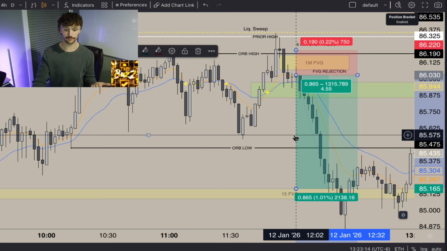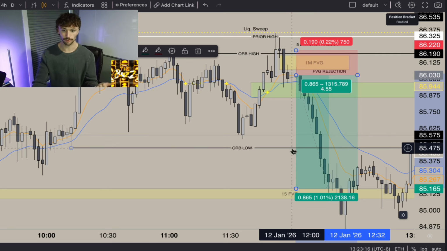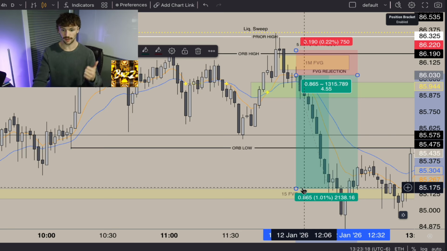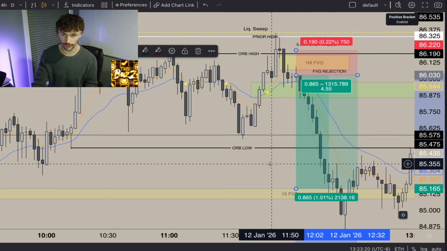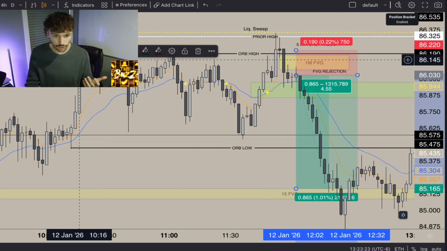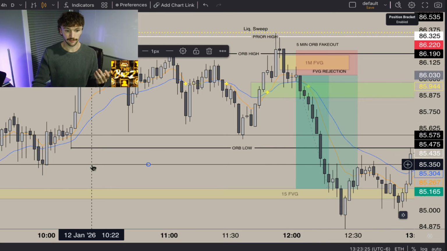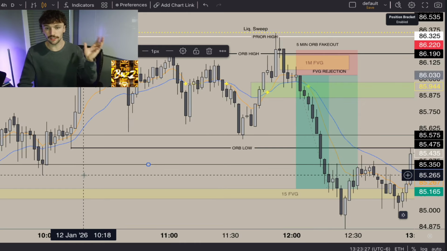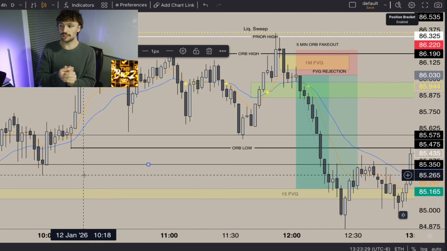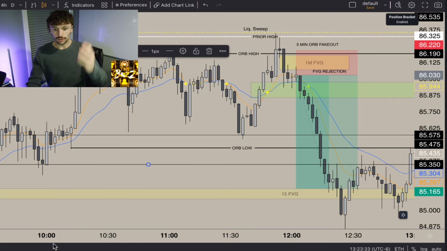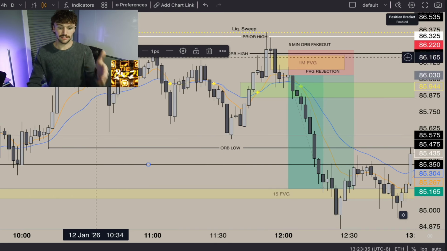If that is your opening price for you, still a great trade. If that is order block, that is still a great trade. If that is the 15-minute fair value gap, that is still a great trade. If it's these swing lows right here, that's still a great trade. So whatever it is, there is no way you could mess this up. If you're taking half profits, it's still profits. I don't care. It's still profits. So this is the model that I've been using to consistently be profitable.